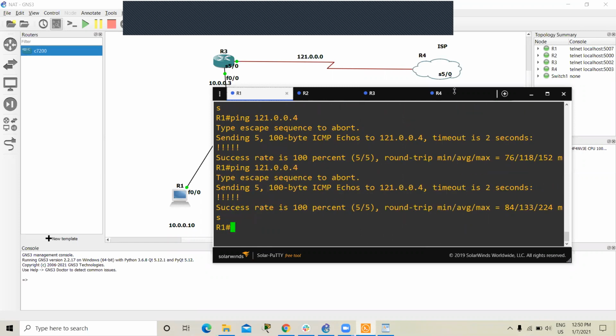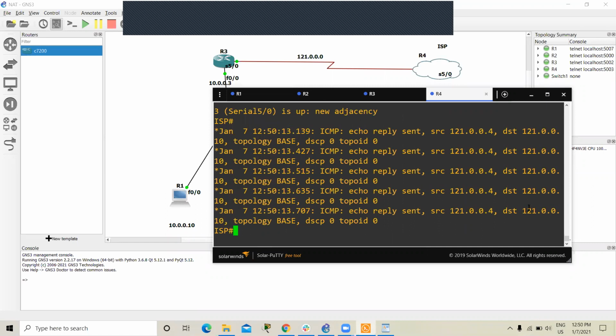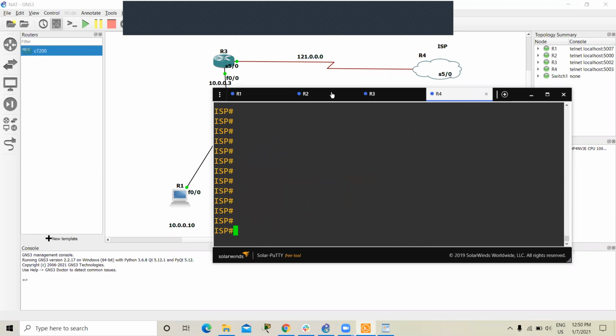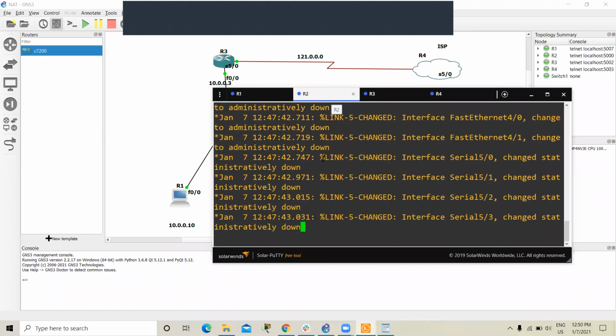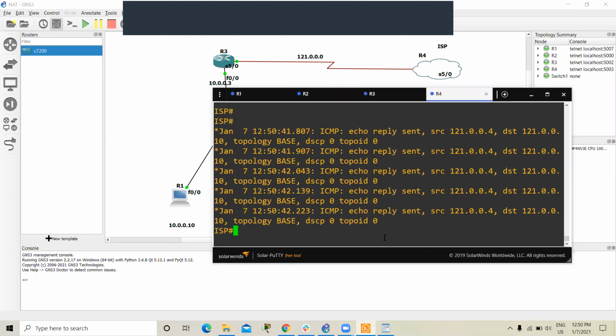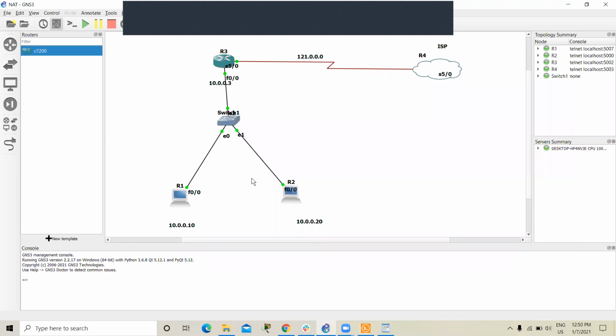You can see it goes out with the 192.1.0.10 IP. See, the same IP, it also got. Okay, so this is our PAT, port address translation.